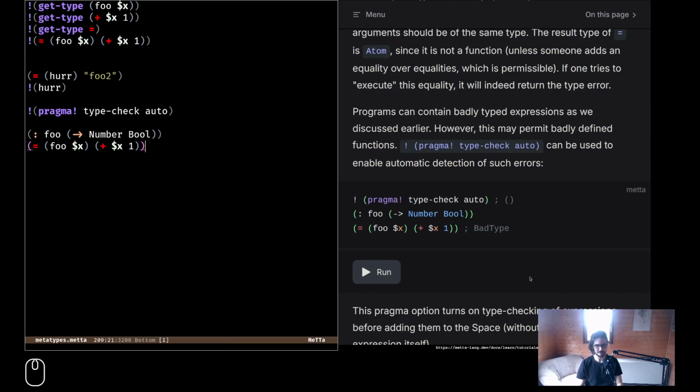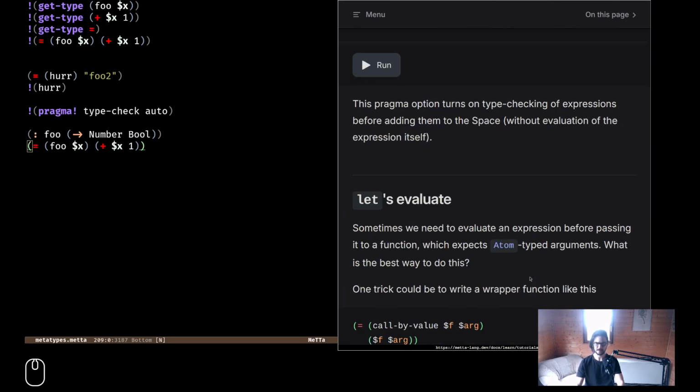So this is basically when you write meta code, you can say that for all the functions I write, please throw errors if I accidentally type the wrong types. And this is type check. This pragma option turns on type checking of expressions before adding them to the space without evaluating the expression itself.